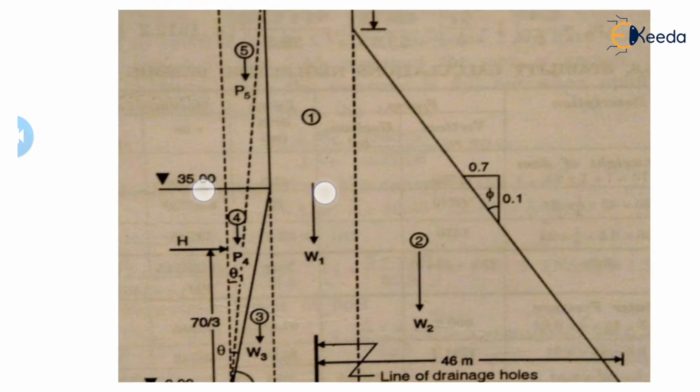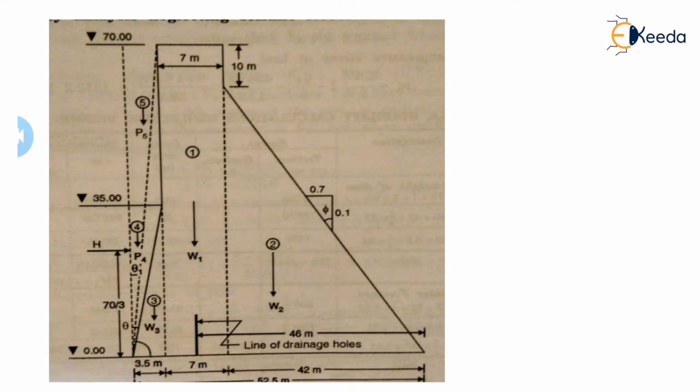So simply here we have to find out the P4 and P5 also. So again this is an irregular shape, so just draw a dotted line. You will get the P4 section as triangular and the P5 section as rectangular. So P5 is the rectangle, so base into height. Base is 3.5 and height is 70 minus 35. So base into height into unit length of the dam, that is 1.